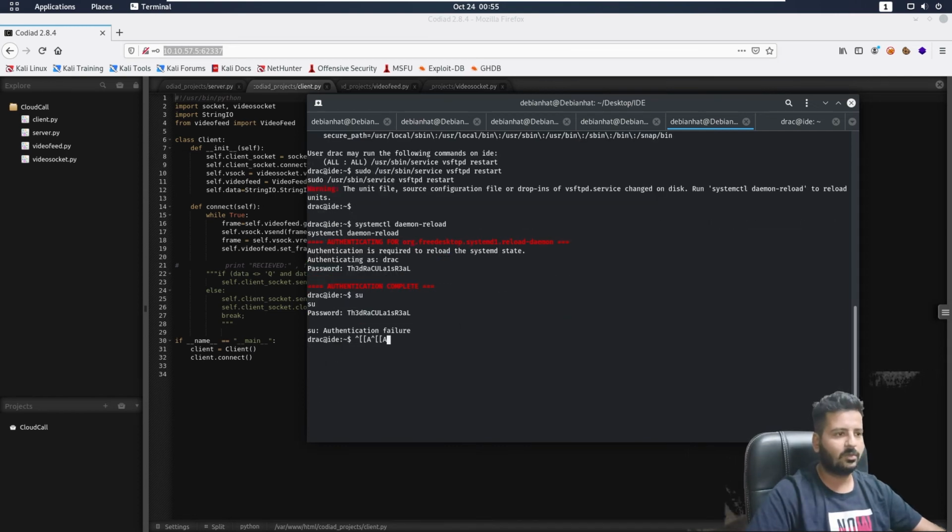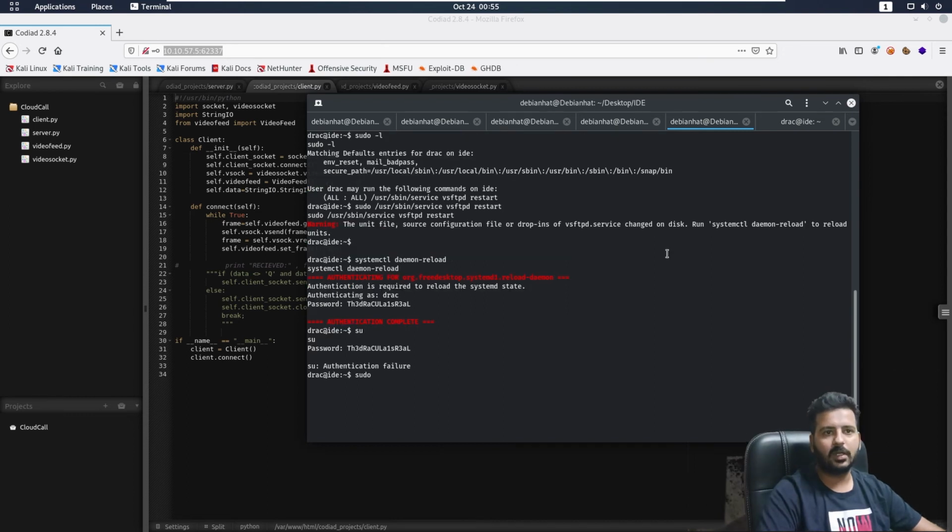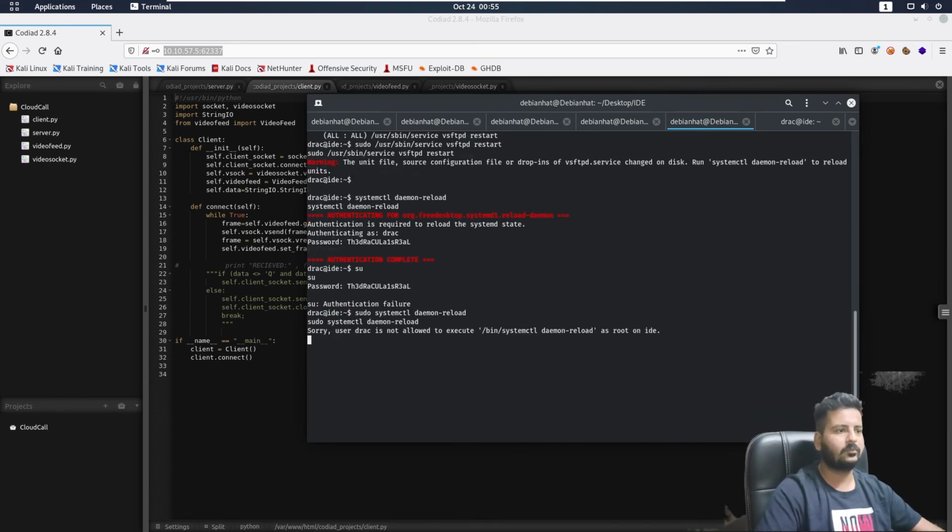So what I'll do, I'll just use sudo and the command that we copied from here. So there it goes, this one. Sorry, user Drake is not allowed to execute root on IDE. What the hell? Okay, what I know is that's the way we do it.